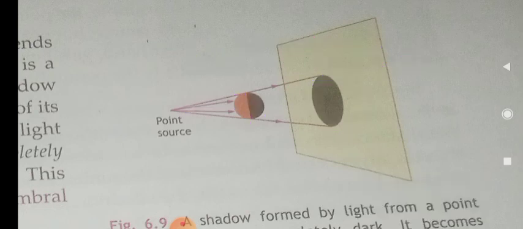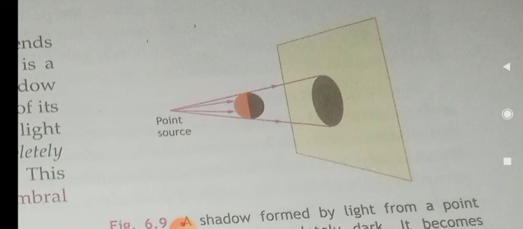If you place a screen in the umbral region, you will see a completely dark shadow with sharp edges. The farther you move the screen from the object, the larger the shadow will be. The size of the shadow will also change if you keep the screen fixed and move the object. You can do it vice versa. If you move either the source or the screen, the size of the shadow changes. The shadow will become larger as you move the object closer to the source.